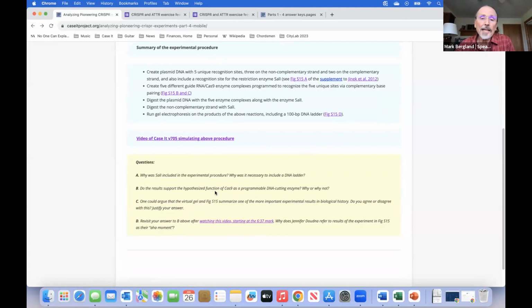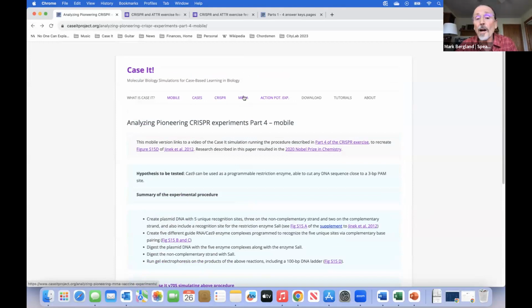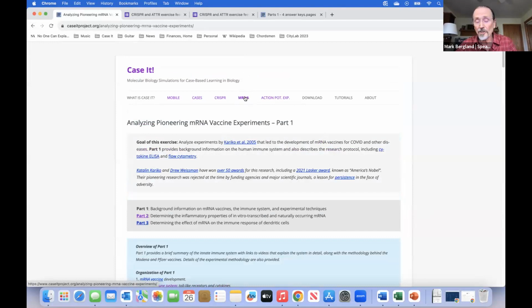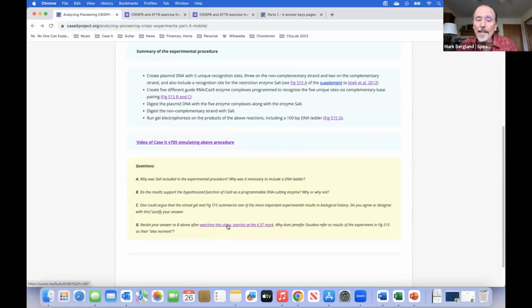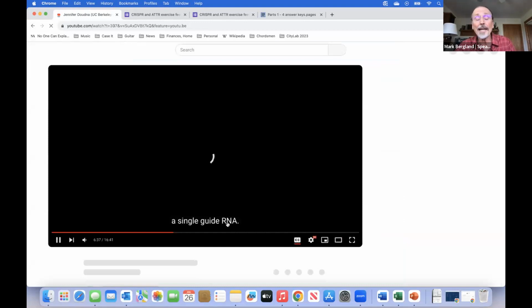in these exercises, you have a series of questions that are designed for students to think. There's the messenger RNA exercise, again, that he mentioned, that basically is the reason we can all have this Zoom meeting because of the COVID vaccine. There's the action potential experiments, which won the Nobel Prize in electrophysiology for Hodgkin and Huxley. Very important stuff. And at the end here, students can actually watch